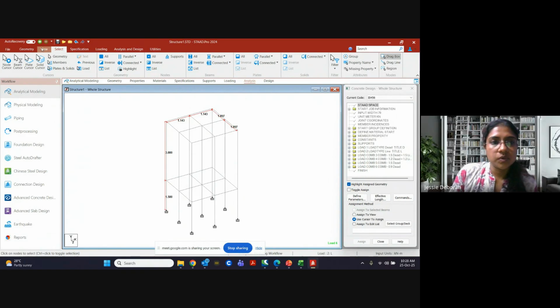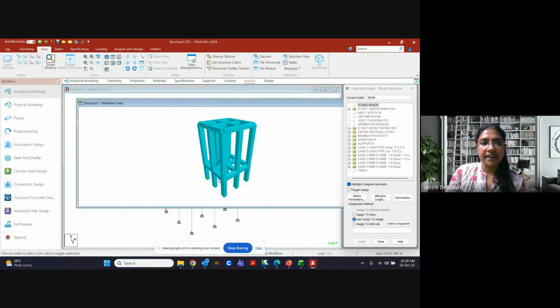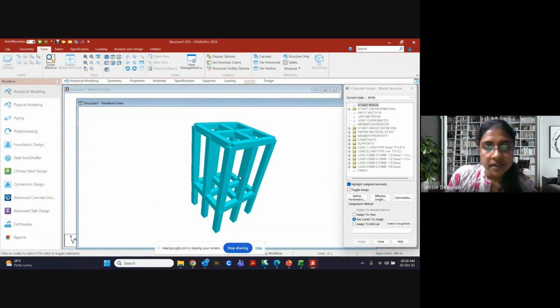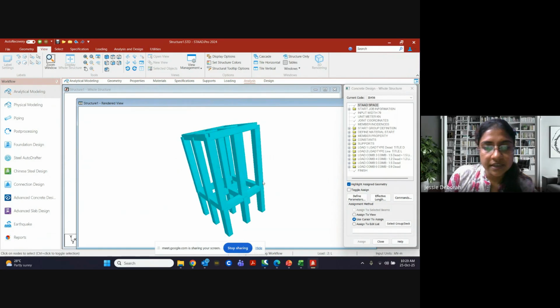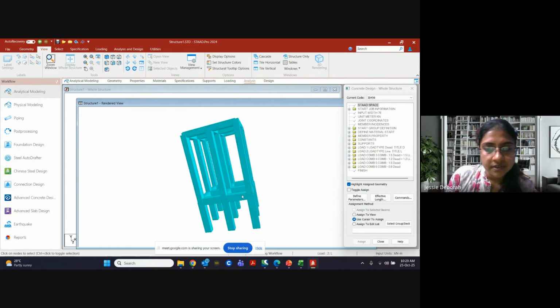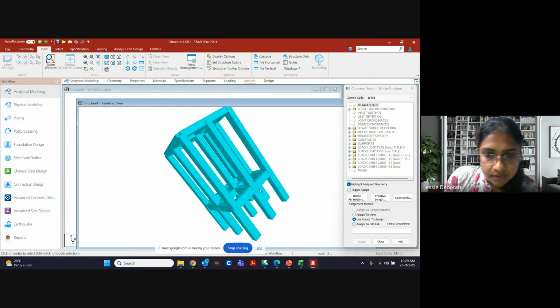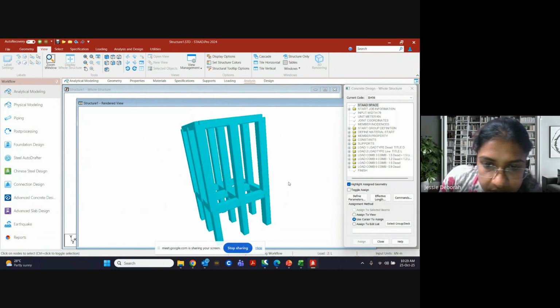Now what we will do is go to display. We will check the 3D rendering view. Okay, so this is how the 3D of the structure looks like. Okay, so it is fully resting.